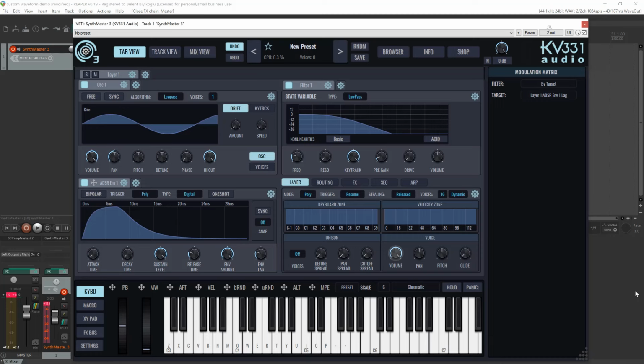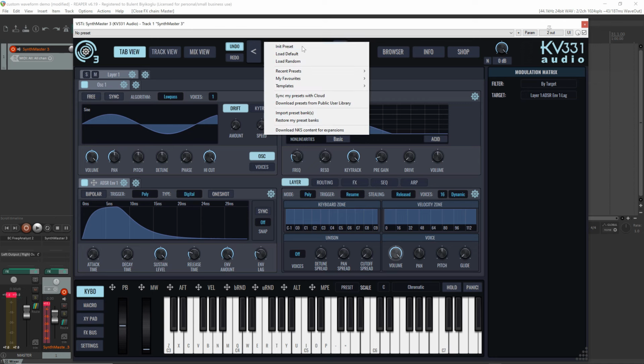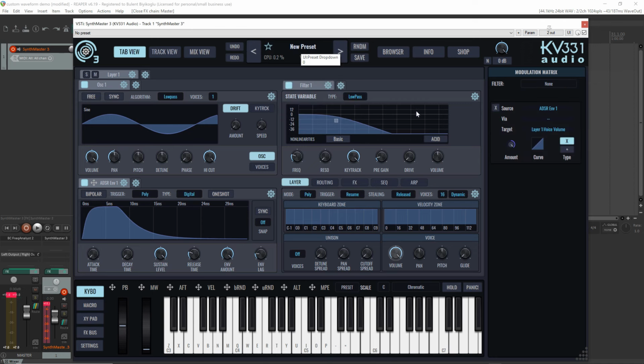Hi guys, in this video I'm going to talk about the modulation sources in SynthMaster 3. But before going into the modulation sources, I will explain modulation in general and also the modulation architecture in SynthMaster 3. Let's start off with the init presets, which basically consists of a single layer with an oscillator, basic oscillator,